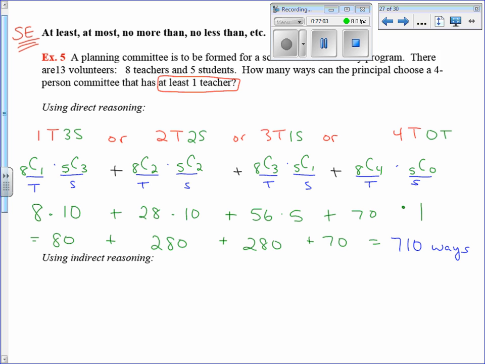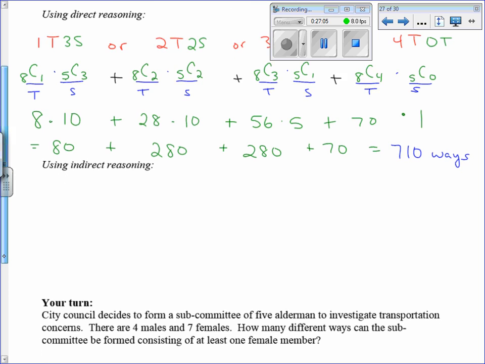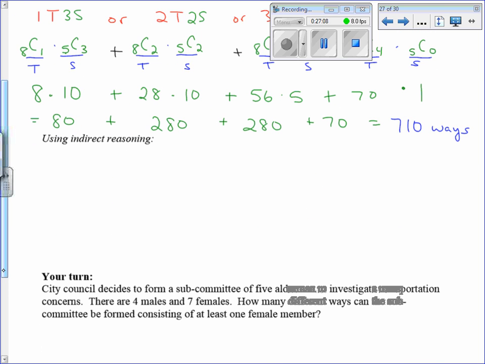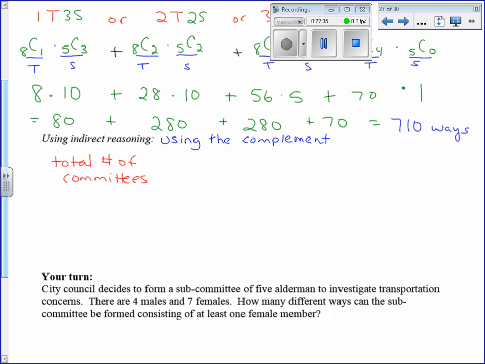So we just added up the different number of ways of getting at least one teacher on the committee. Indirect reasoning means you're going to take the fact that you can figure out the total number of committees. So what you're using is the complement. You're going to take the total number of committees, that's going to be equal to the number of committees